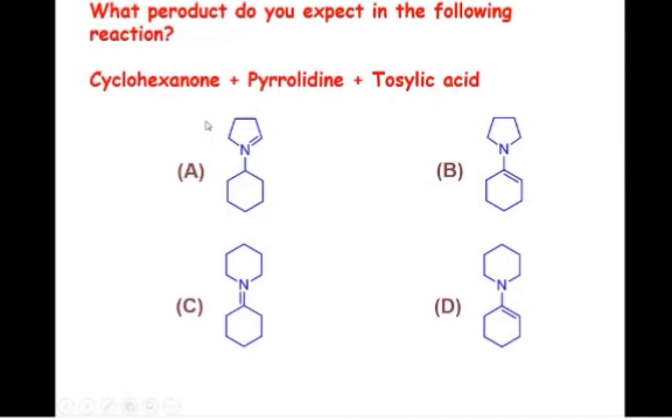We know very well that the reaction of cyclohexanone with pyrrolidine in presence of an acid catalyst gives an alcohol, a tertiary alcohol, and then an elimination type of reaction takes place. A dehydration type of reaction takes place, forming the enamine. And see over here, a double bond within the pyrrolidine ring is not possible at all. It is not possible at all to form such an intermediate. That's why option A is wrong. C and D are totally wrong because in the question pyrrolidine is given, not piperidine. That's why these 2 are 6-membered, and that's why we are removing C and D. Now the remaining one is B. That is the correct answer.